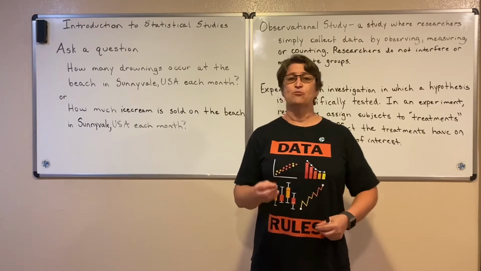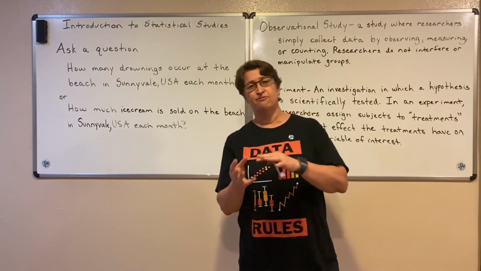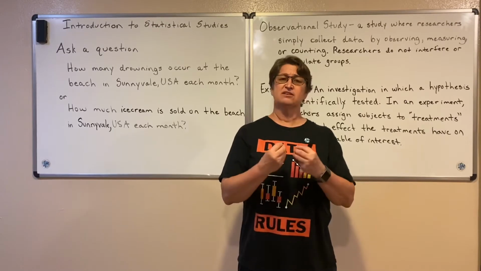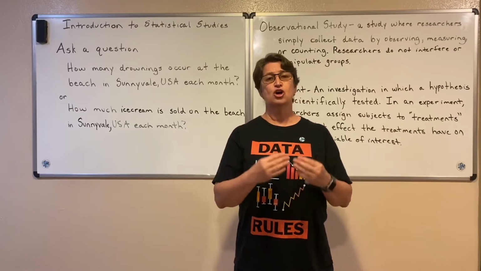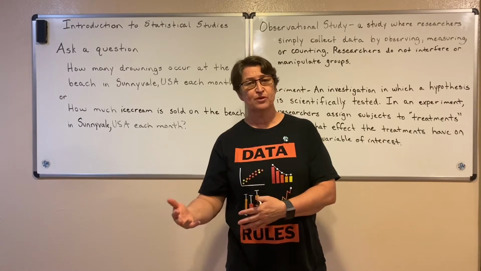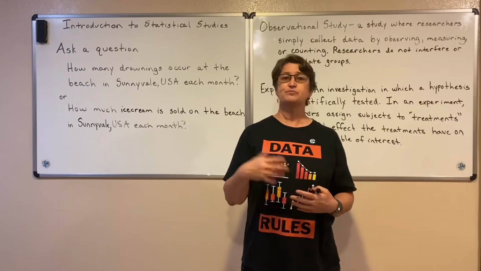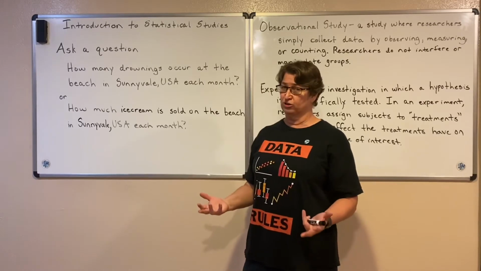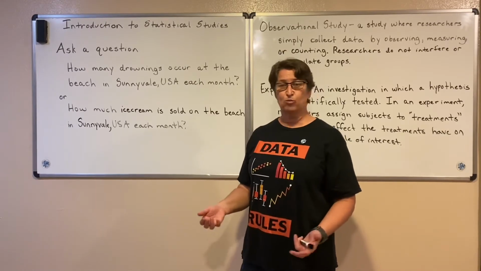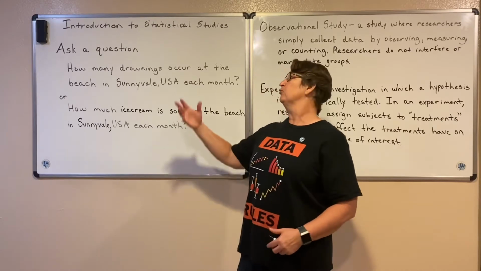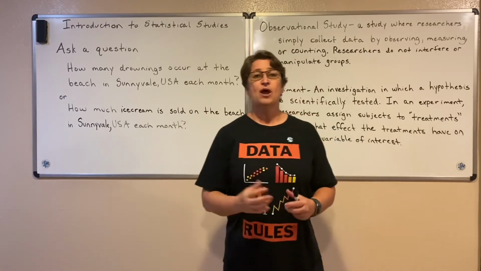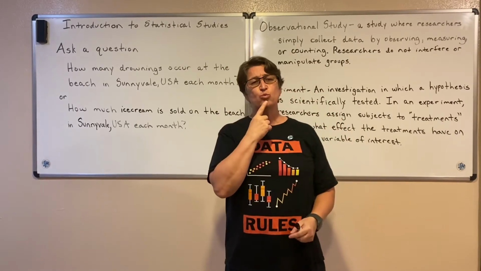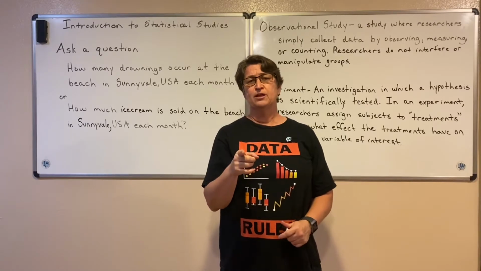So sometimes we want to determine a cause and an effect type of situation. We want to collect data to see, does selling more ice cream on the beach cause drowning to go up? Is there some sort of relationship there? So again, maybe we go out and we collect the data on both of those variables, just like what we talked about. We looked at tax records, we look at the drownings, and we see we've collected our data, we see they both go up,